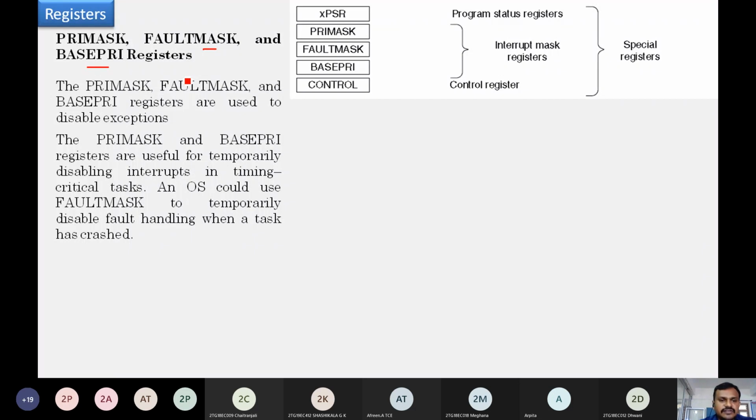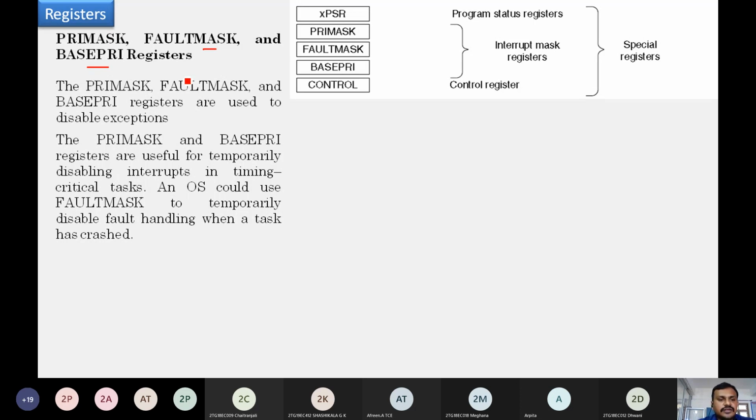If one interrupt is already running in the processor and another request comes from another interrupt, based on the priority or the round robin, we need to disable some interrupts and allocate all the resources to another interrupt. To perform all these tasks, we use these register sets, PRIMASK and BASEPRI registers, for temporarily disabling the interrupts.